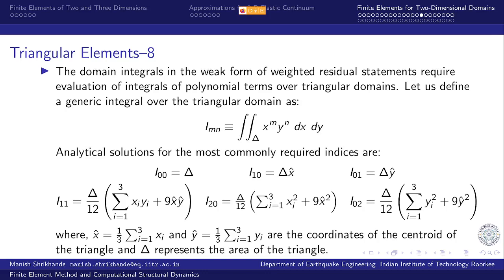The domain integral is going to be constant, and it is simply equal to the area of the triangle, and that makes the use of the constant strain triangle, or the constant strain pyramid in the case of a volumetric, three-dimensional domain, very simple. Whatever integrand you have, after substitution of the approximation, the integrand is constant, and you just multiply it by the area of the triangle.